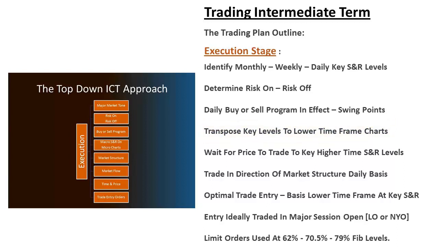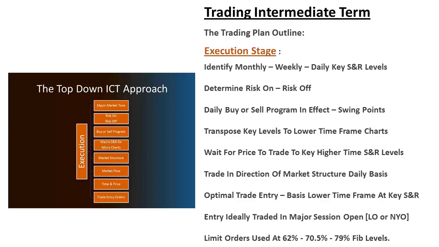You're using optimal trade entry. Now, at this point, you can use any trading pattern of your choice. If you like the reflection pattern, you can trade that. If you like MACD divergence, this is what you would use here. If you are type 1 bearish divergence for stochastics, that's the pattern you would use here. If you like turtle soup patterns, that's the pattern you would use here. Okay, but you have to trade it at a lower time frame at a key support resistance level in the direction of the market structure on the daily chart.